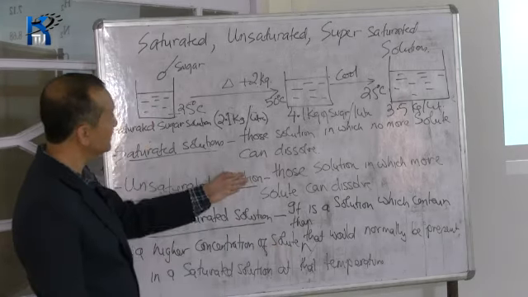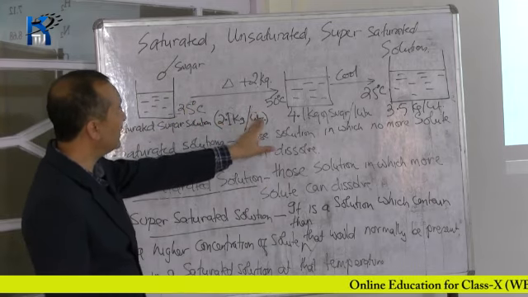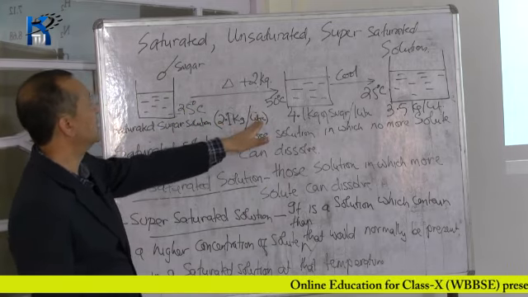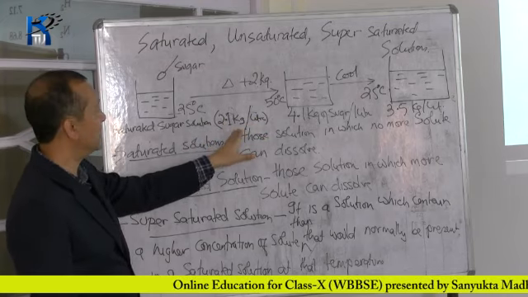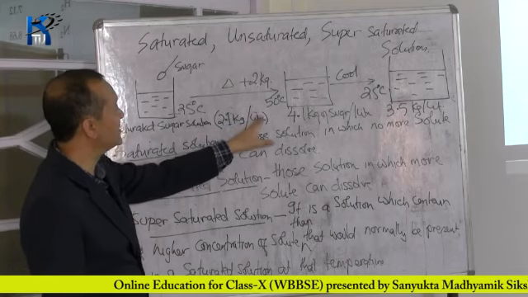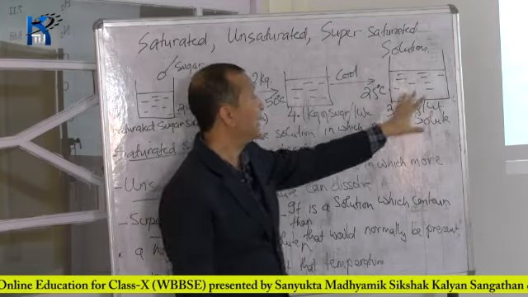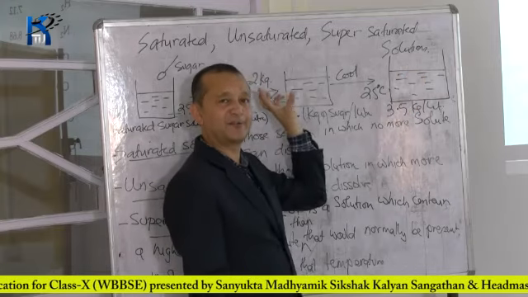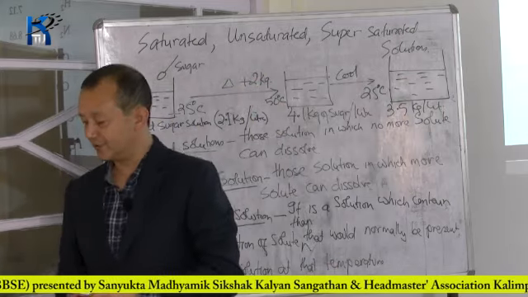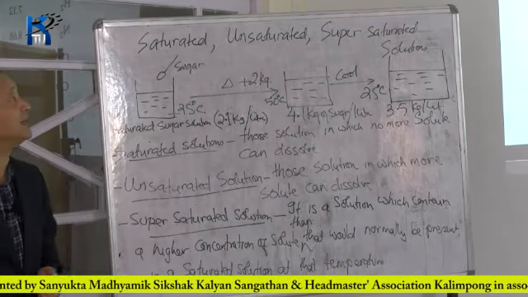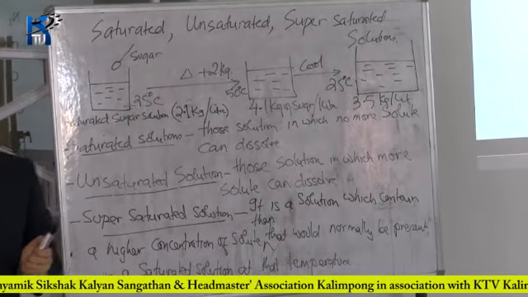Okay, so normally at 25 degrees centigrade, 1 liter of water would dissolve 2.1 kg of sugar. But if the same 1 liter of water is dissolving 3.5 kg, made by a different process, this type of solution is known as a supersaturated solution. So that is the end of this topic: saturated, unsaturated, and supersaturated. I will drop this board and take up the next topic.